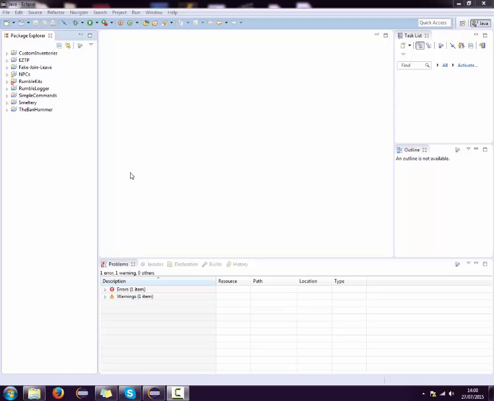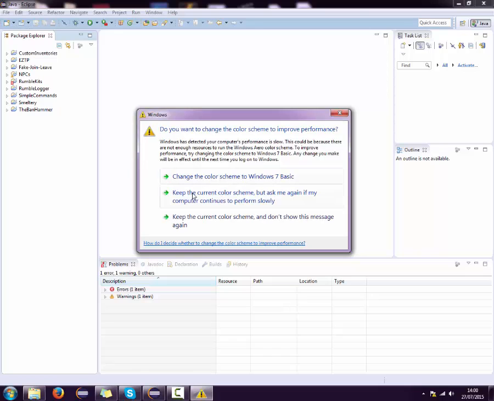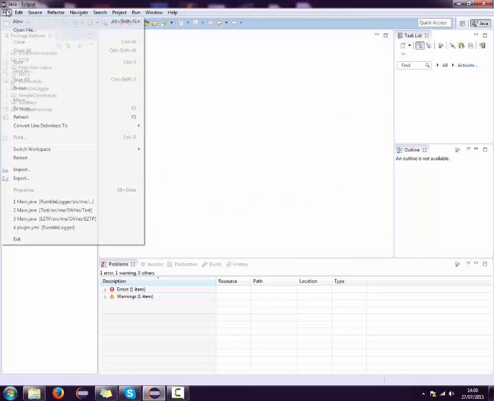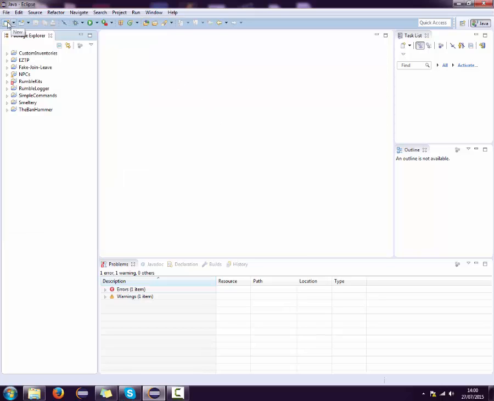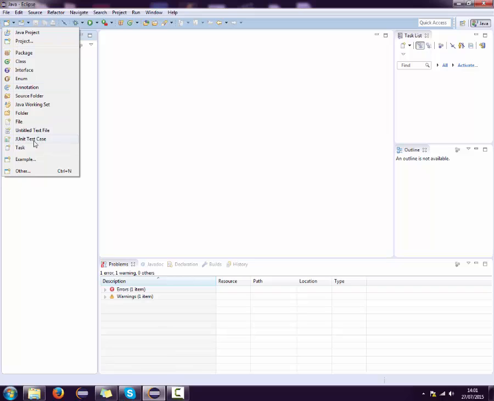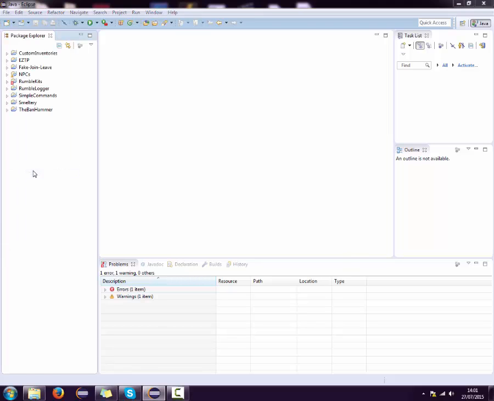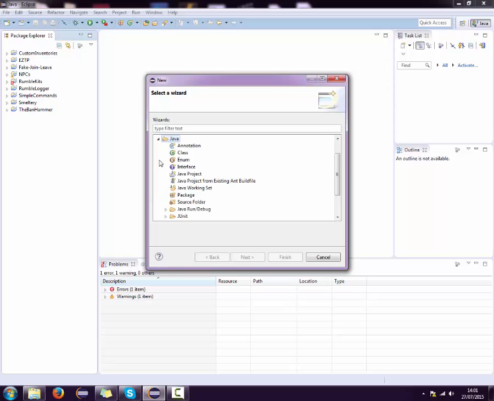Once you've opened up Eclipse, first of all we want to make a new project, and you can do that by clicking on File, New. You can click Java Project, or on this little window with a plus sign in the top right and a little drop down menu, you can scroll down to that and it'll come up with this. Now I'm not sure, but you might not have Java project here. If it doesn't show up here, just click on Other, and then go down to Java, and click on Java project. Then click Next,